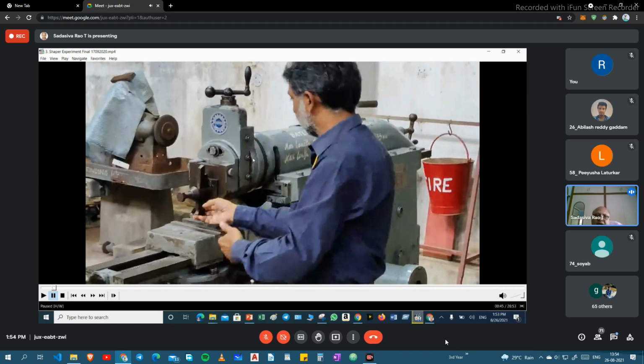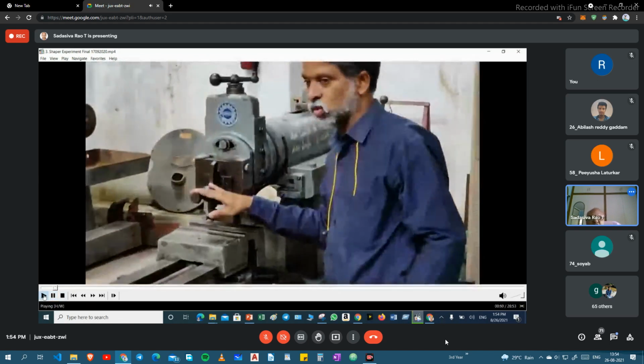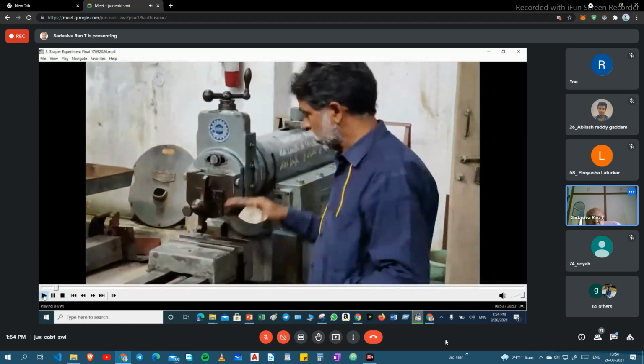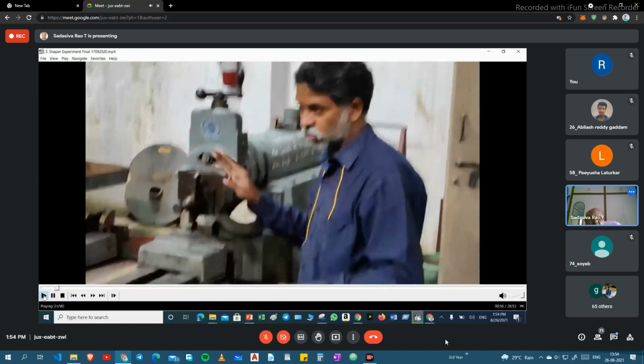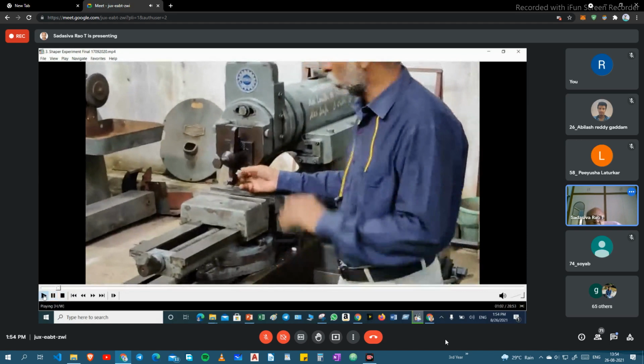Here we have to loosen and tilt this. Set one side 45 and remove the material, and after that set the opposite side 45 and remove the material. The depth of cut is set by rotating this. That is the clapper box, to avoid the marks. So coming back, forward stroke is cutting stroke, return stroke is idle stroke. Vertical, just to avoid the marks.